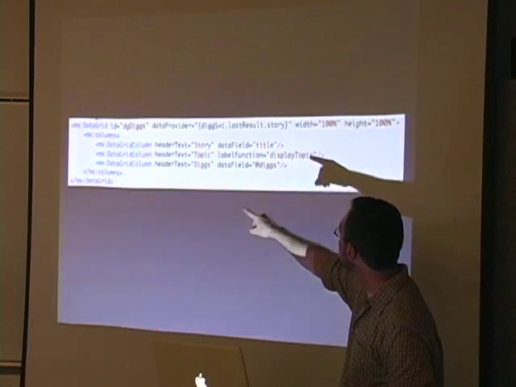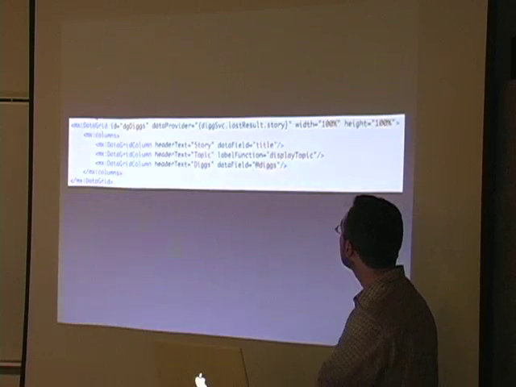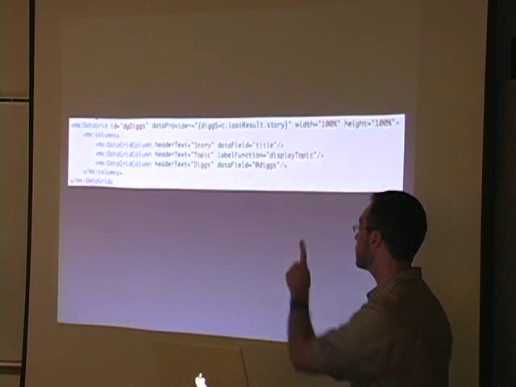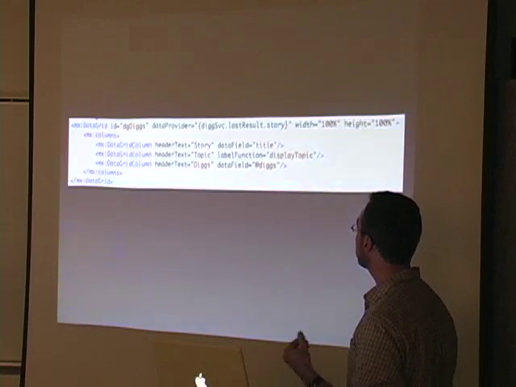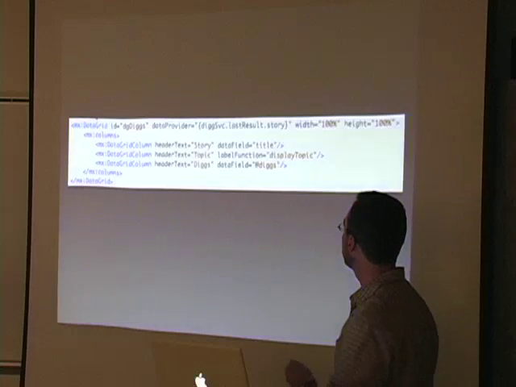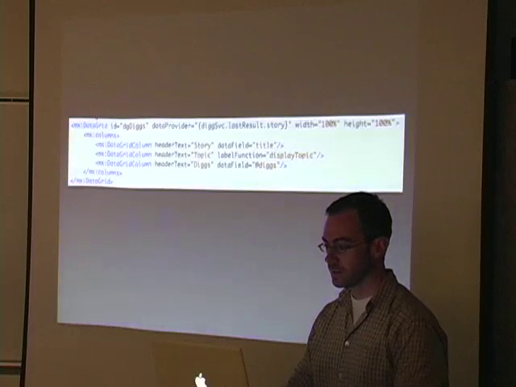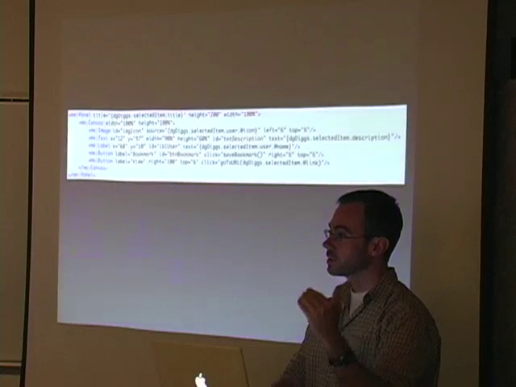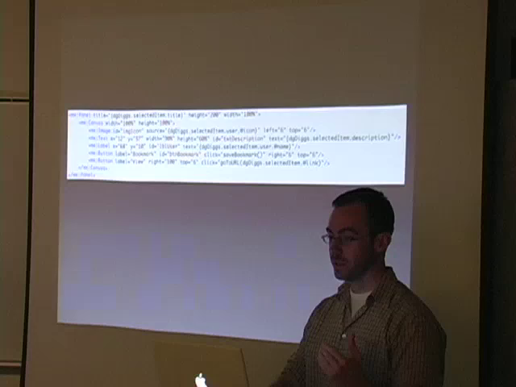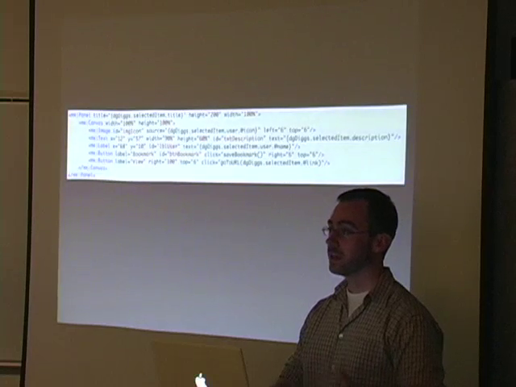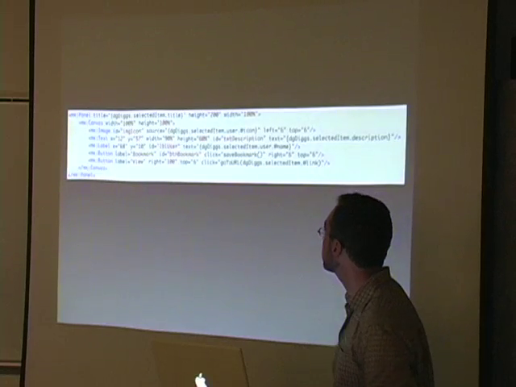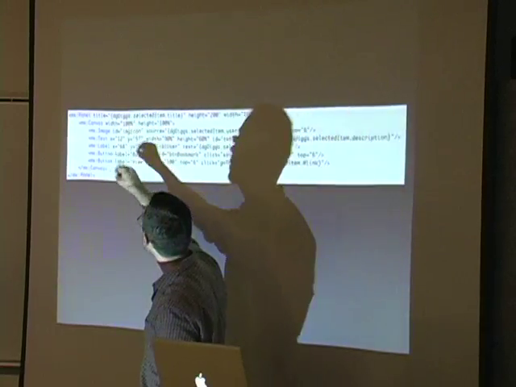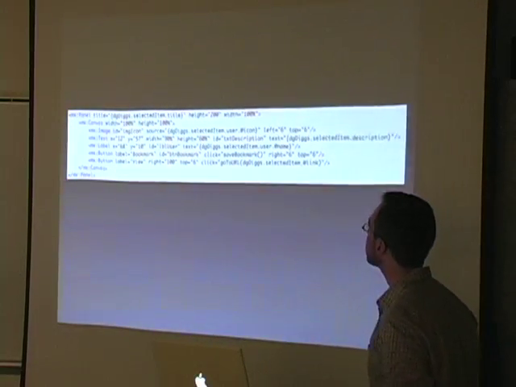Then the data columns are based on basically XSLT filtering of that return result. So that's story.title, story.diggs attribute. I won't go into the topic because that has to do with the way they formatted their XML. And then below, when you clicked on a row, it populated the details grid. Again, I don't have to handle any event here. It's totally declarative. In this case, it's based starting with the data grid itself instead of the underlying data source, saying the currently